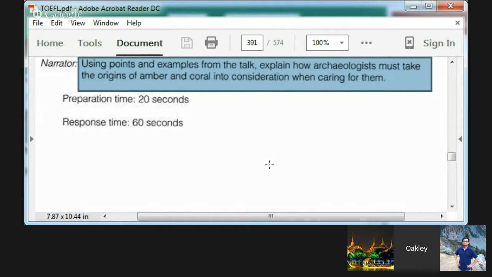The lecturer may be explaining something, well, which he does here. He may be arguing against a theory. He may be supporting a theory. He may be explaining a process. First this, then this, then this, then this. You have to kind of identify what he's trying to do. In this case, the lecturer was basically just giving information. He wasn't arguing for or against anything, and he wasn't explaining a process.